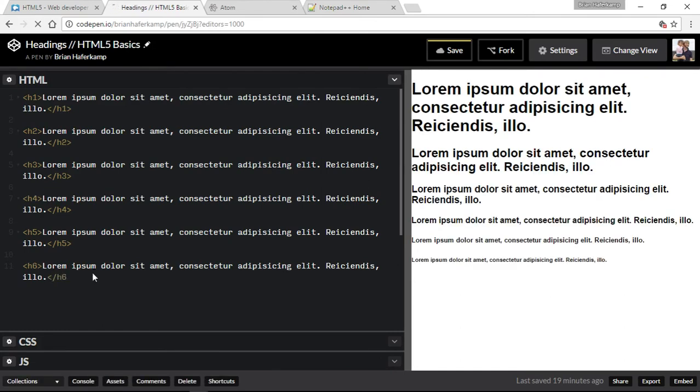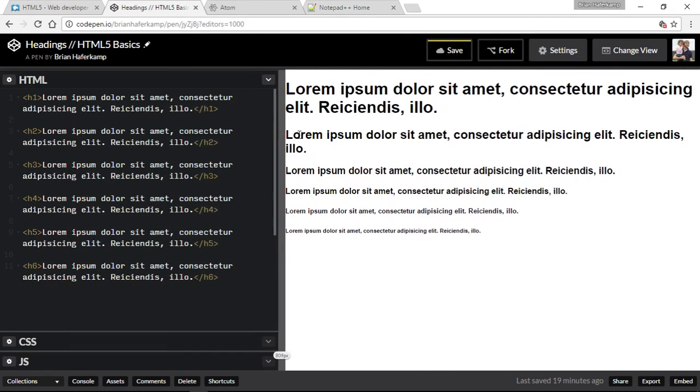So H6 is a heading 6 tag. And then you can see here that this would be like fine print down at the bottom of a website. So each of these different parts of the text have their own